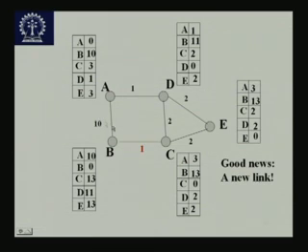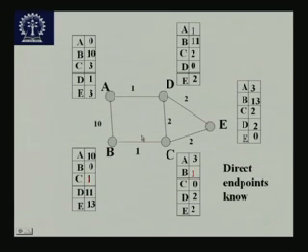So, now there is good news, which is that a new link has come up between B and C with a distance of 1. So, now this message will start getting transmitted through the network like this. Now, as soon as there is a communication between B and C,